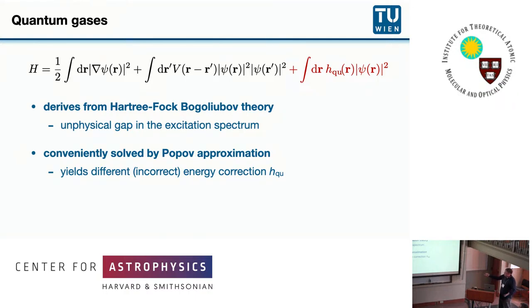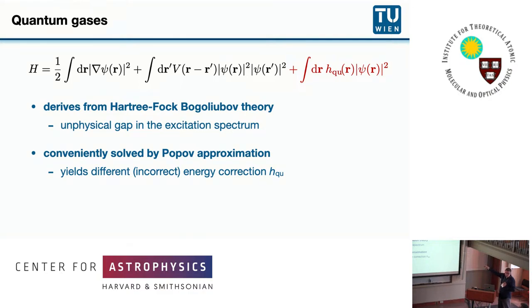But what is known there is that if you add this back action, you introduce a gap in the excitation spectrum. So the physics doesn't really work out anymore, right? And that's typically then solved using the so-called Popov approximation, where you throw away all the terms that generate the gap. But then in our case, it actually makes a problem, because if I throw away terms,